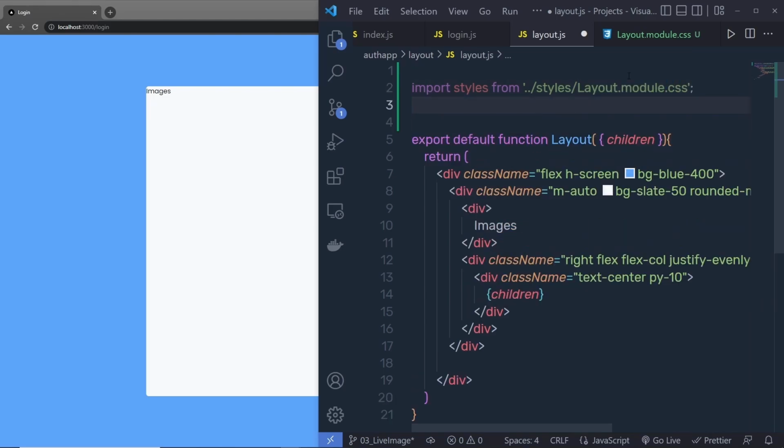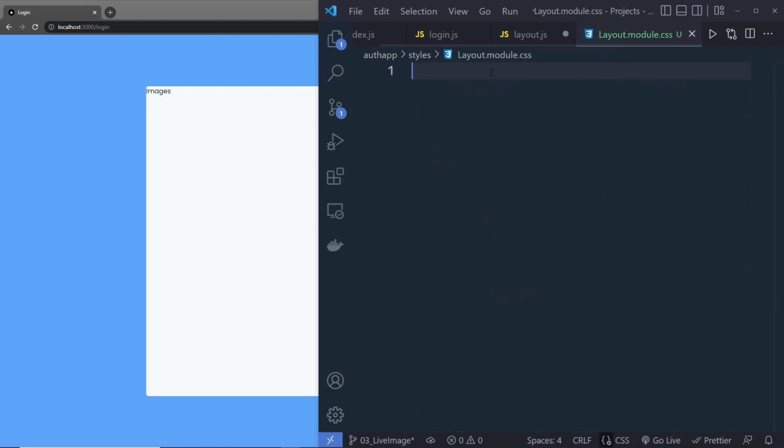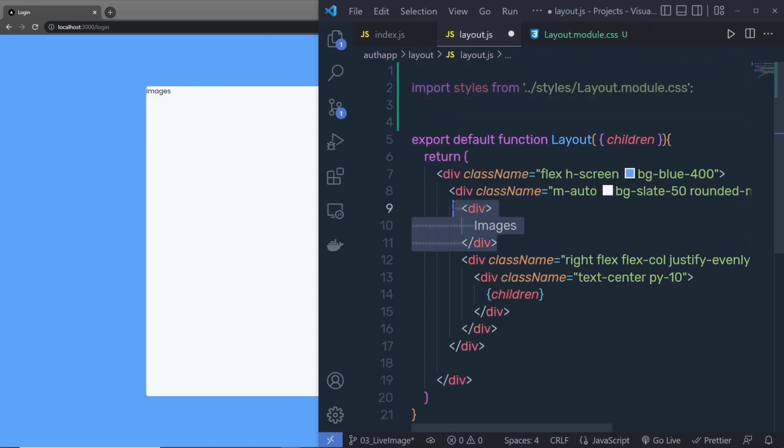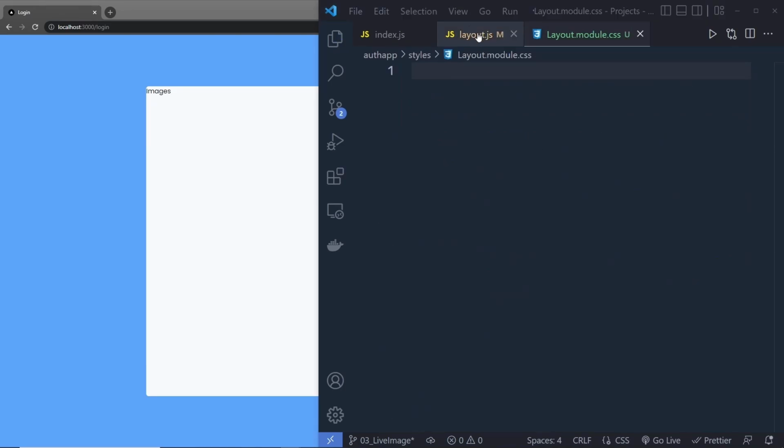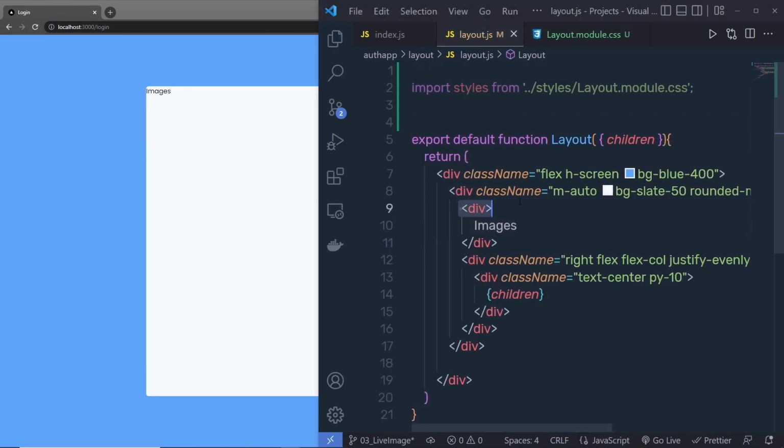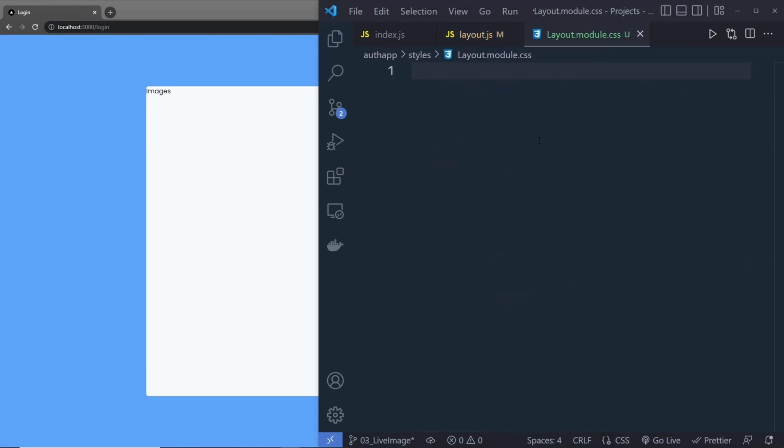And then I'm going to specify all the styling inside this styling file. Let me close this login, and inside this layout.module, I'm going to specify styling to this division tag. So what I'm going to do is specify style for this division tag. So inside this layout.module.css right here, I'm going to say .imgStyle, and here I'm going to first add